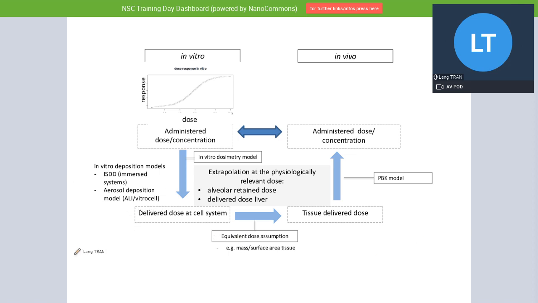And this has been attempted many times in nanotoxicology, and I'm glad to report to everybody that we do see a very nice correlation, at least for insoluble nanomaterials, between in vitro and in vivo for the lung. Okay, this is a great achievement, because most of the data that we have are lung data. So this is where we are at the moment. How to extrapolate in vitro and in vivo for liver or for the gut is still a work in progress.